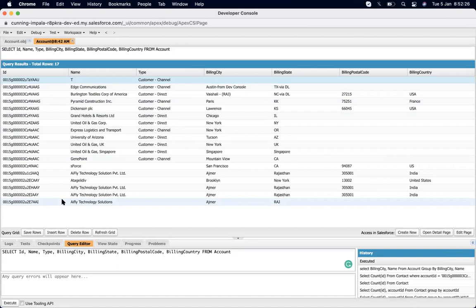Okay, so any more questions? That is a pretty small overview of the developer console that we are going to use further. Right now we just discussed how we work on queries. That's the important thing: how we open an object and work on that object via the developer console. While working on the object, we also need to understand how we build a query.